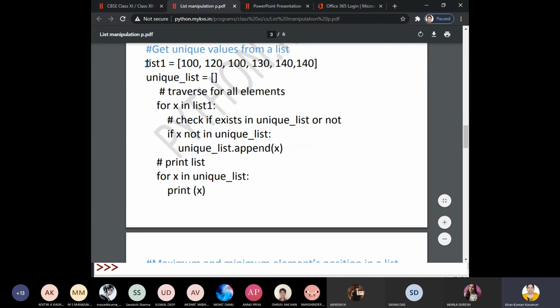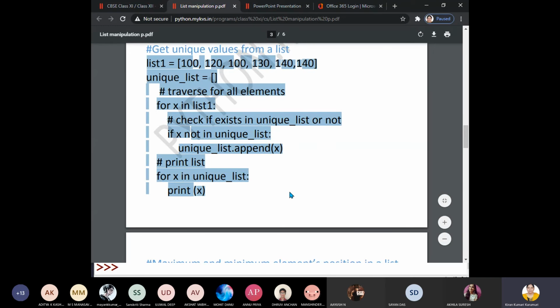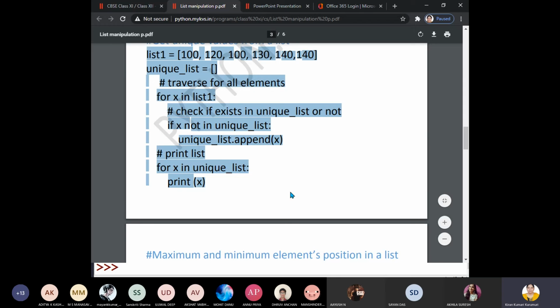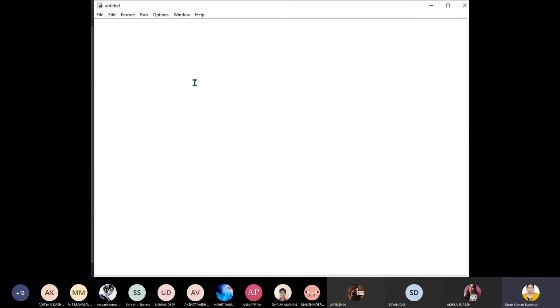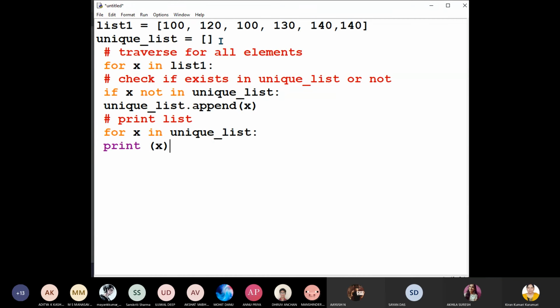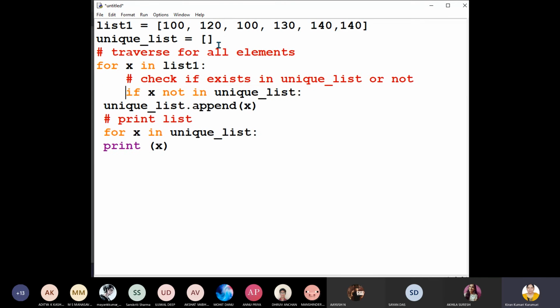Okay, now let us display only unique values in the list. If it is repeating, then we should not display. Traversing all elements, we will check if it is already added to the list. If it is not in the list, then only we will append.